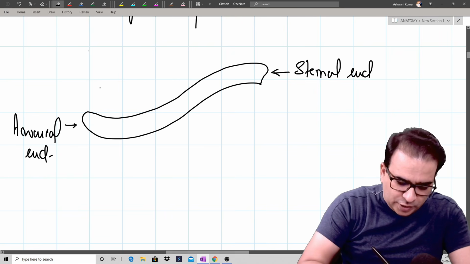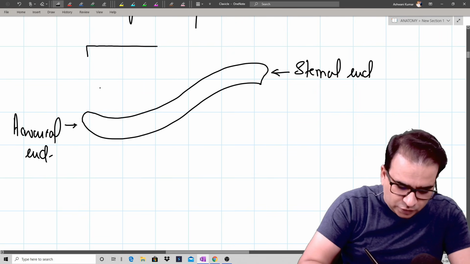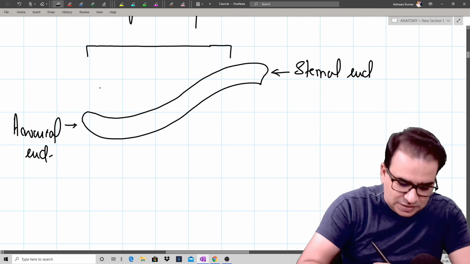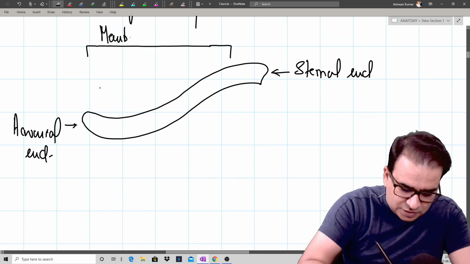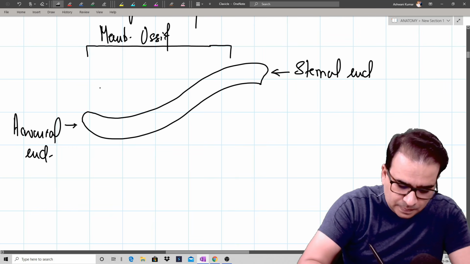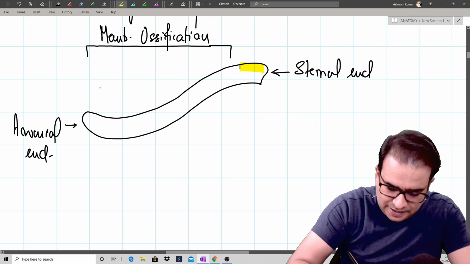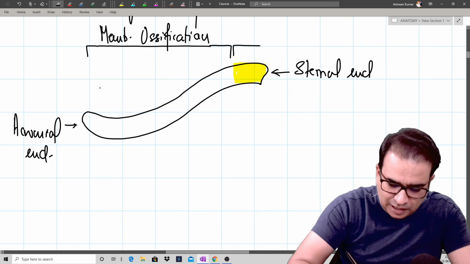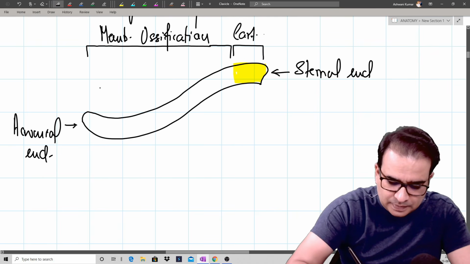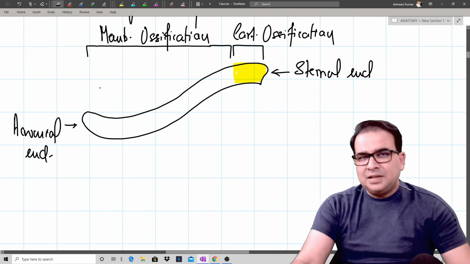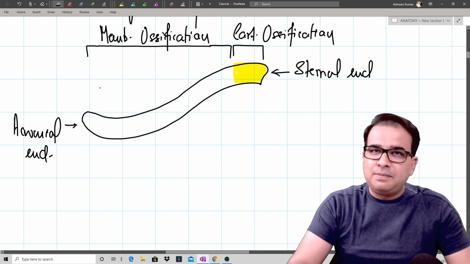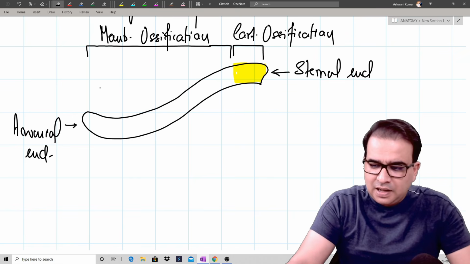So what you will see is that the majority of the clavicle, like the lateral 3/4 of it, ossifies in the membrane. So it undergoes membranous ossification, whereas the medial end here, or the sternal end you can say, undergoes the cartilaginous ossification. Right? So the major lateral part undergoes membranous ossification, and the medial sternal end undergoes cartilaginous ossification.